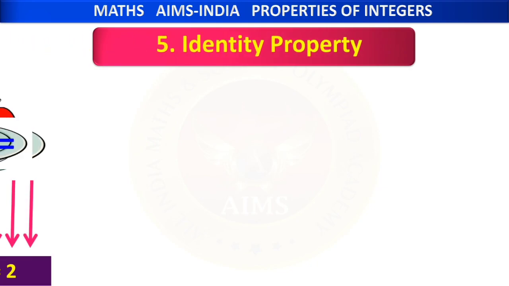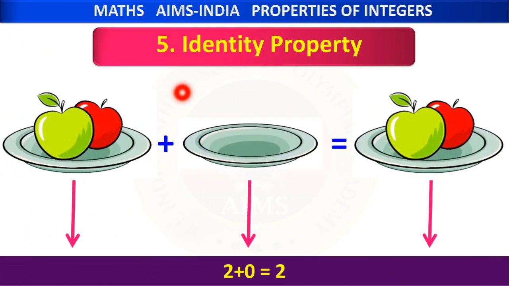Now we come to the most easy property, identity property. Now what is identity? You all must be having your identity cards, right? Identity cards which are given to you at your schools. What do those identity cards represent? Those cards will tell us what is your name. Cards will have a picture of you. They'll have your father's name, mother's name, class, address, phone number, all these, right? Yes. So identity means who you are. Identity card tells who you are.